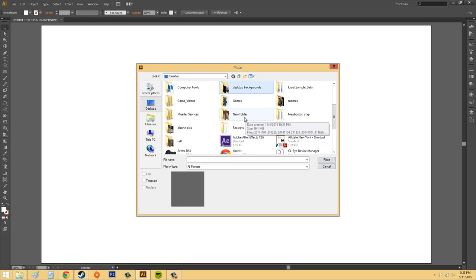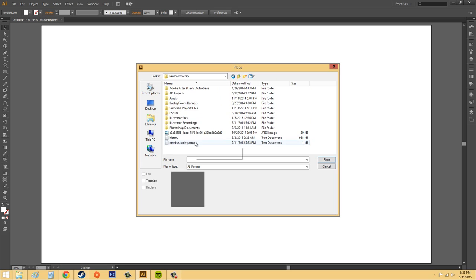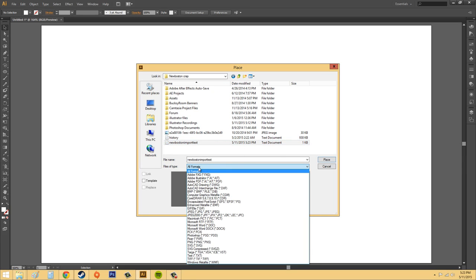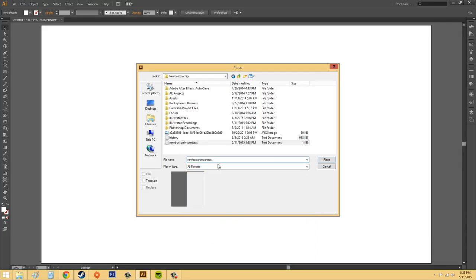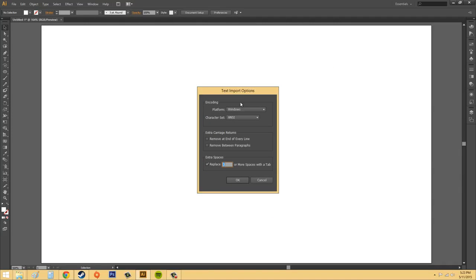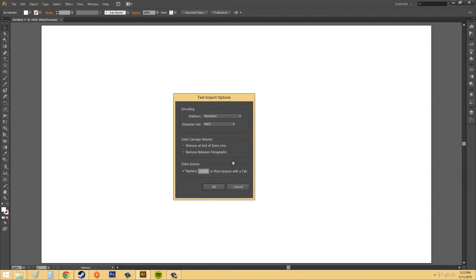See if I can find this. New Boston, there it is. Click on your text here. You want to make sure this says all formats. That way you'll be able to see the text, and then click on Place, and then we get these text import options. Now, this is going to be different